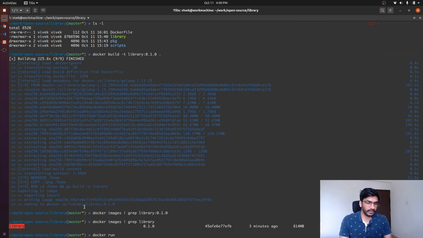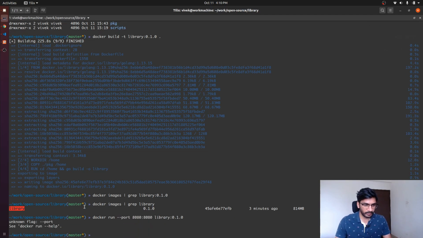When we use this command docker run, we actually create a container. So we are trying to run library:0.1.0, right? And since our application is running on a specific port, we can specify the port as well. So 8080, let's see what happens.